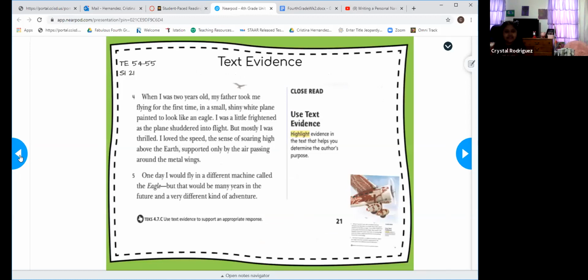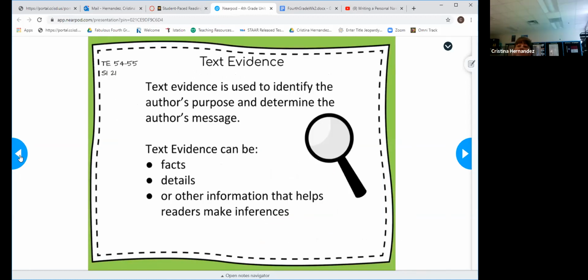Text evidence, right here. I wanted to go over this. Text evidence is used. This is like what you would use for pi. Remember the other day I said Adrian, I always use Adrian and his meteorite falling on the ground. He needs evidence. So text evidence is used to identify the author's purpose and determine the author's message. So sometimes the question is not just going to ask you what's the author's purpose, but they're going to tell you, show me some evidence or write some evidence of the author's message, or how did you come to that conclusion that the author's purpose was to entertain me? What in that story told you that, or what details, and so on.